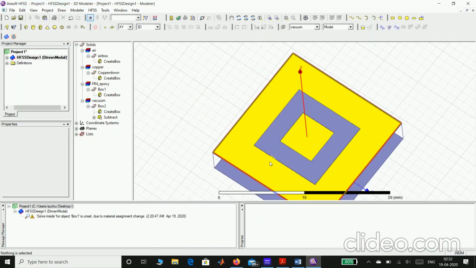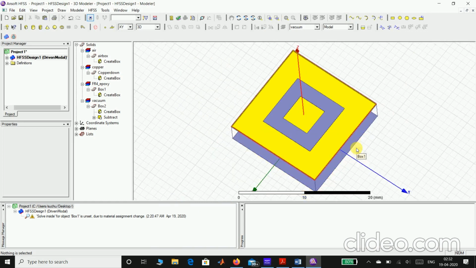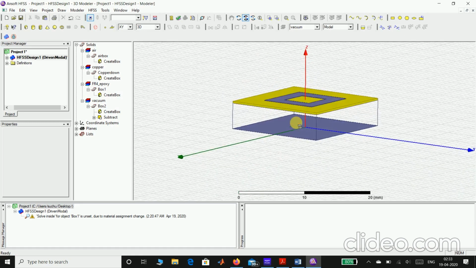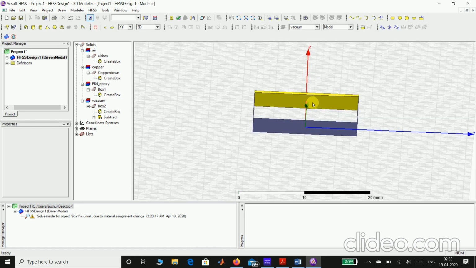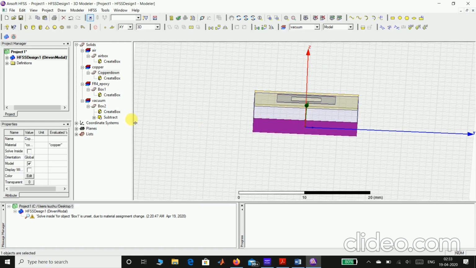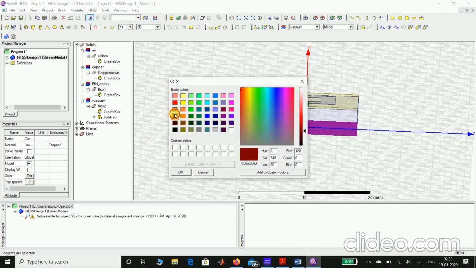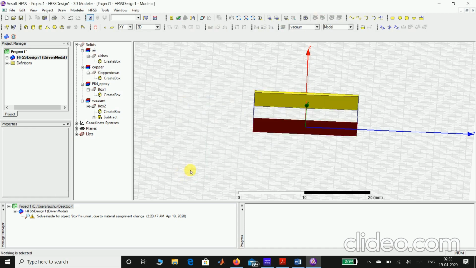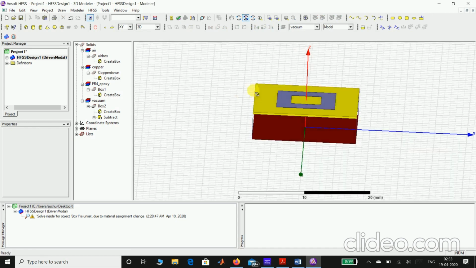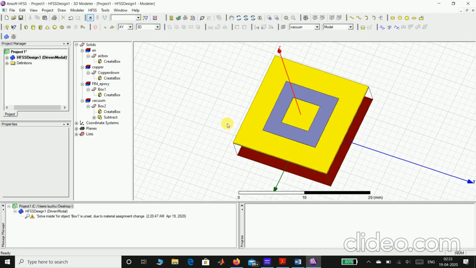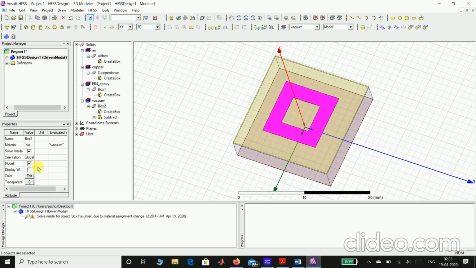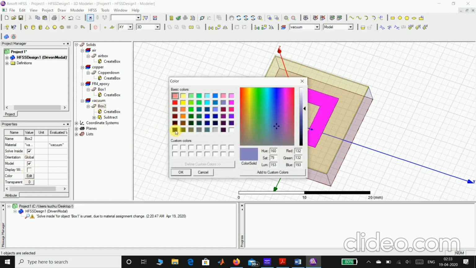Okay, for aligning this rectangular block within the frame, you can use Control D, so you can actually see the whole box. Even I can change the color of the copper sheet, just for your reference, it will not change the property. Let me select it as brown, looks somewhat like brown. Okay, the copper sheet. So ink is obviously a black color. Just for my reference, I'm considering it as black color.